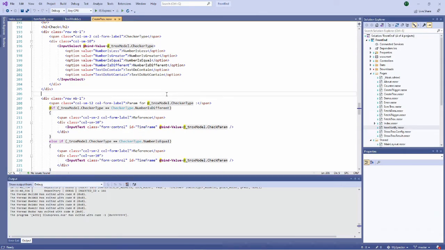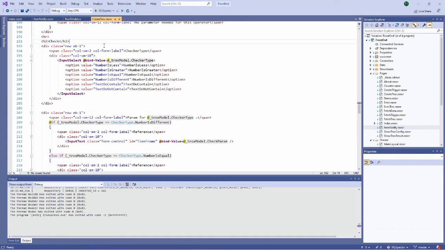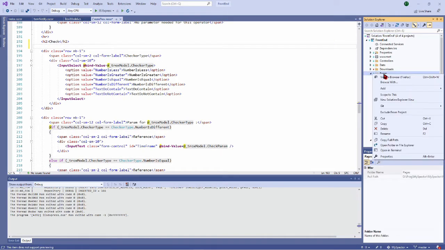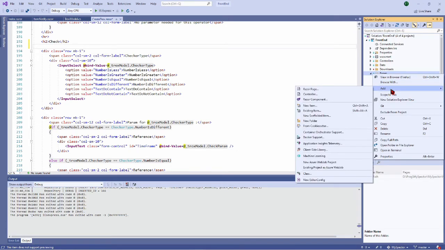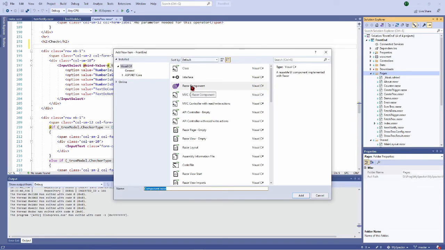So to do this, we have the checker type. So we have the checker, it is there. Okay. So what I can do is add a new Razor component. As my notify thing is called item notify, I will follow the same way of naming it.